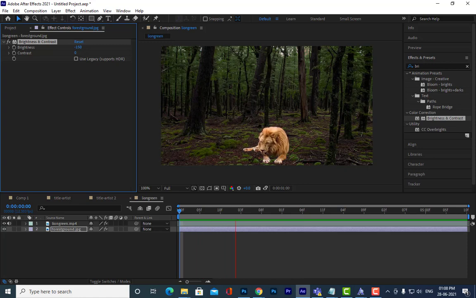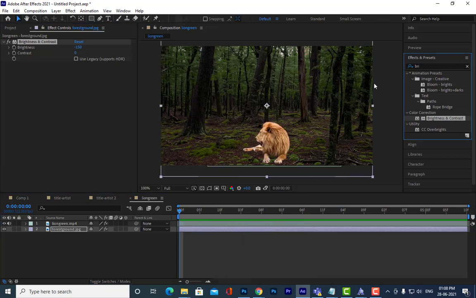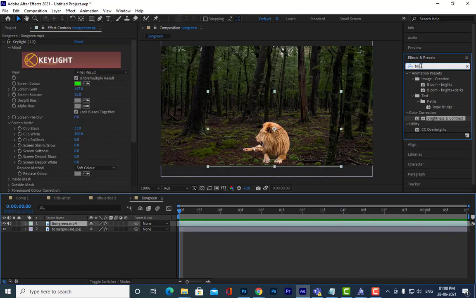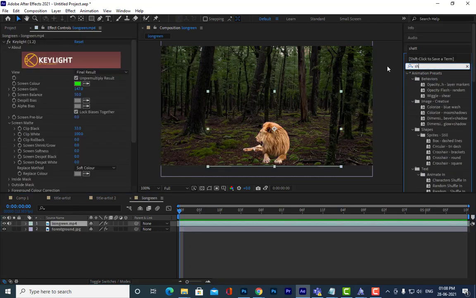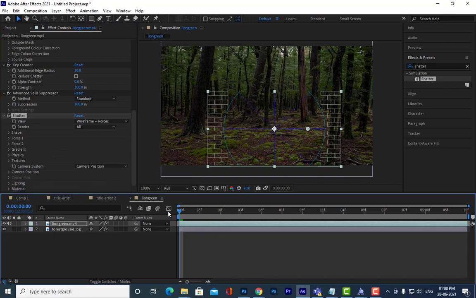Okay. Now we will apply shader to this. Okay, how to apply shader? Tell me. Just select the shader and let me apply it. Okay. So did we get anything?